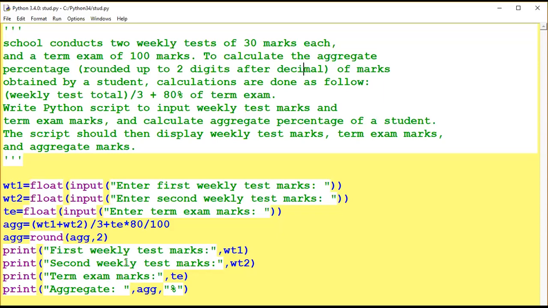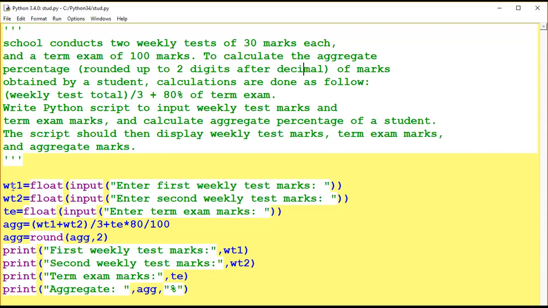So this formula I am using here, and write a Python script to input weekly test marks and term exam and calculate the aggregate. You have to calculate the aggregate percentage of the student. The script should then display the weekly test marks and term exam.